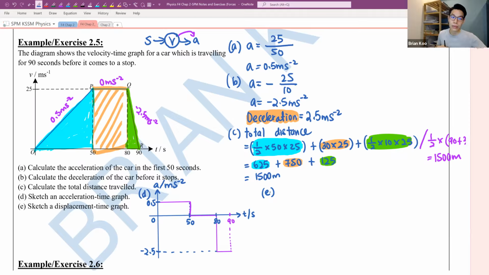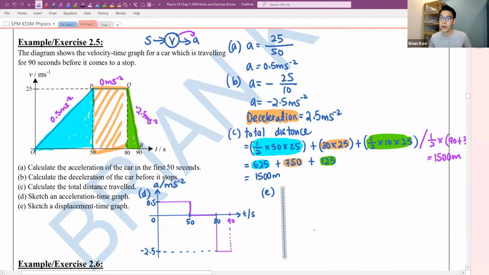Okay, the displacement time graph is when it gets more interesting, because the displacement for the blue color part, orange color part, and green color part, they are all different. The way they increase in terms of their distance is all different. For this graph, because you're moving in just one direction, you're not going backwards, you won't have any negative displacement. The displacement is all positive only